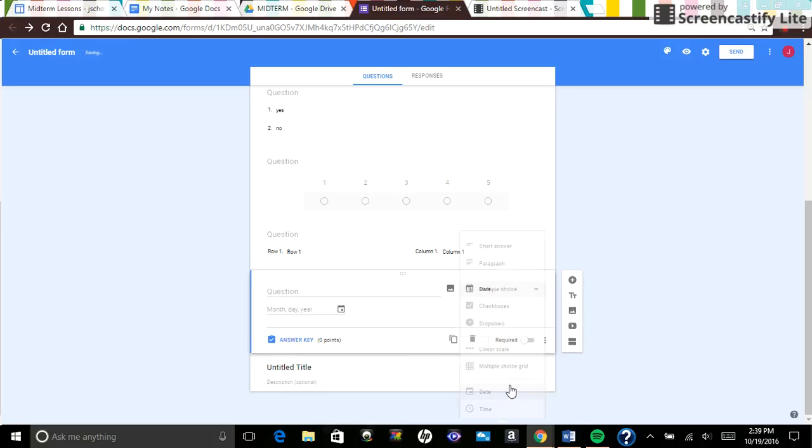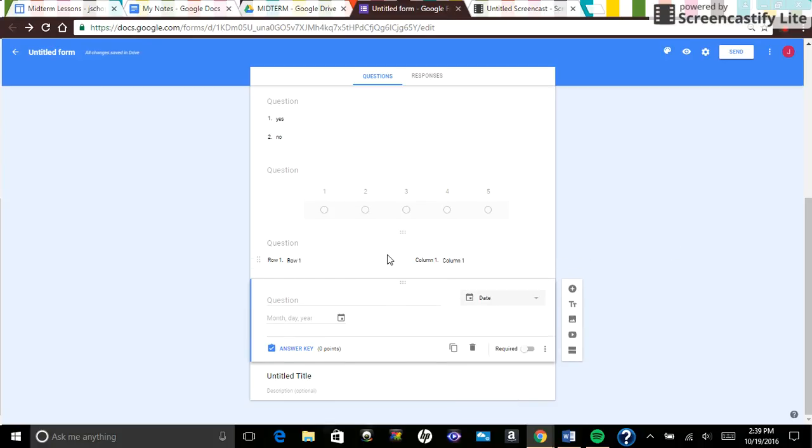So after that, there's date. So a date is just that. You ask the question, and then there's 2 options for them to answer. They can either click the little calendar,